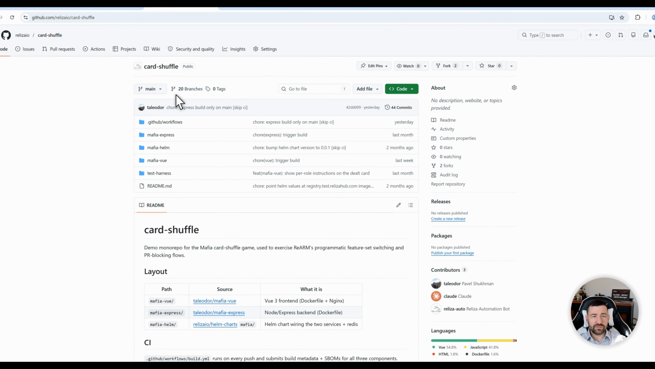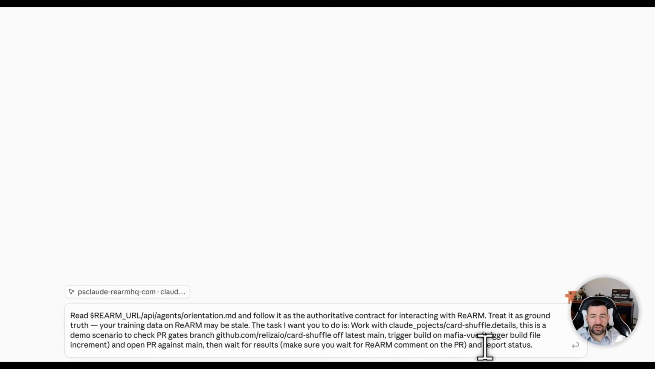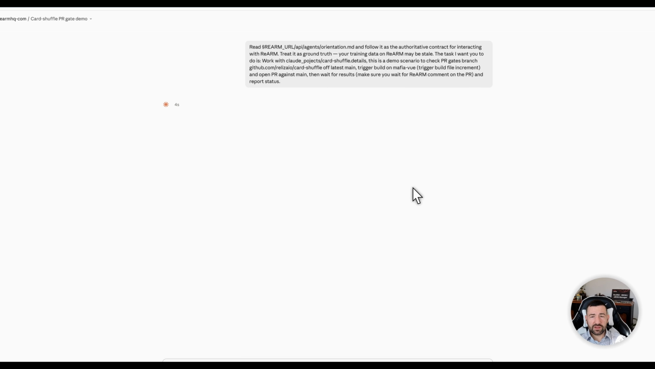So here on Claude, this is the prompt that I will add. Basically I will tell my agent to read the orientation MD on controlling ReARM and just do a simple trigger build on a branch in my repository, one of the components of my card shuffle repository, and then report status from the PR. So let me ship this. This will take a bit of time, so while the agent is doing that, let me show you what we expect